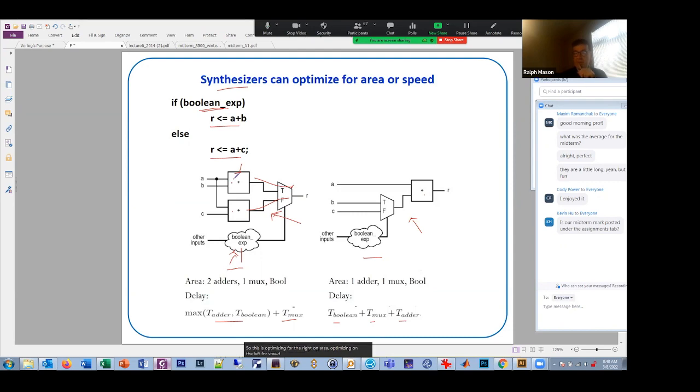Any questions about that? Oh, somebody said, is our midterm mark posted under the assembly? Oh,